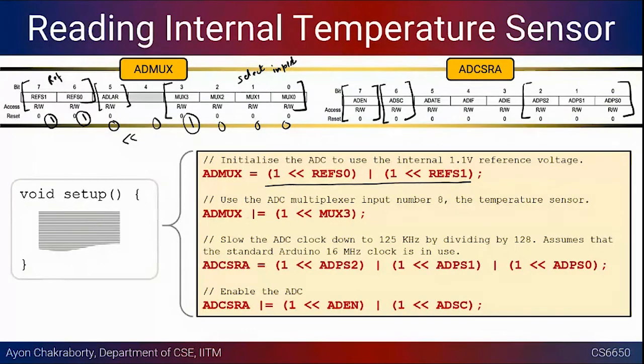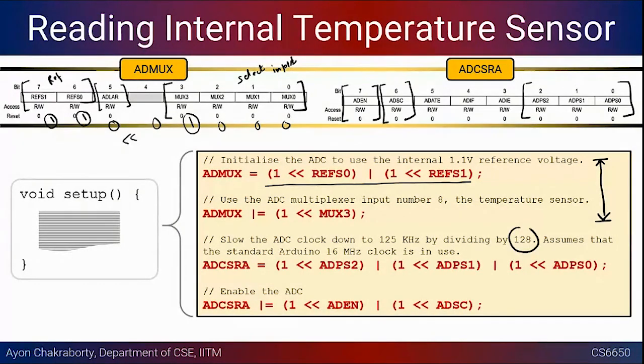Okay. So now we are done with whatever we had to do with the ADC multiplexer register. So now as a part of the setup, we have to look at the status and control register before we start the conversion. So here also we have to do the same thing. We have to load the prescaler. So we have to slow down the ADC clock. So the Arduino's standard clock is 16 megahertz. So we have to downsample it to 125 kilohertz. So we have to divide it by 128.